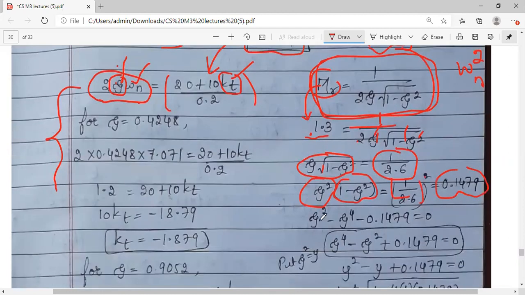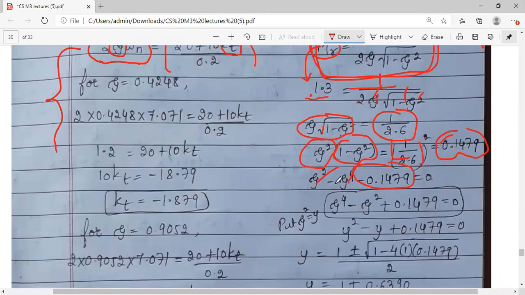Further, take the multiplication, zeta square minus zeta raised to 4. Bring this constant to the left hand side. Simple mathematics, rearrangements. You got one equation here, and what is the highest power in this equation? I'm now finding the zeta. Okay, highest power is 4. So this is a fourth order equation.